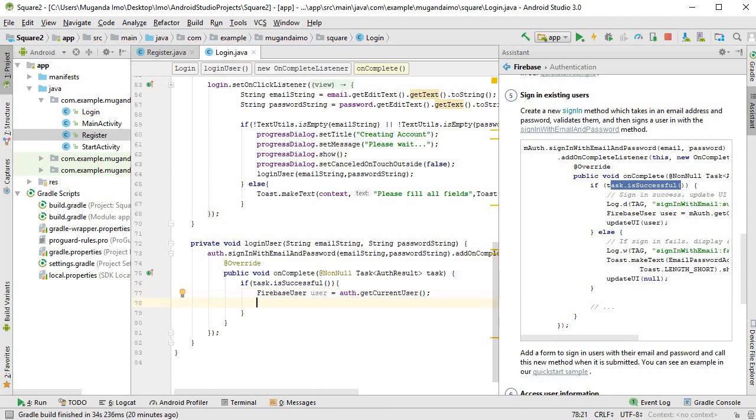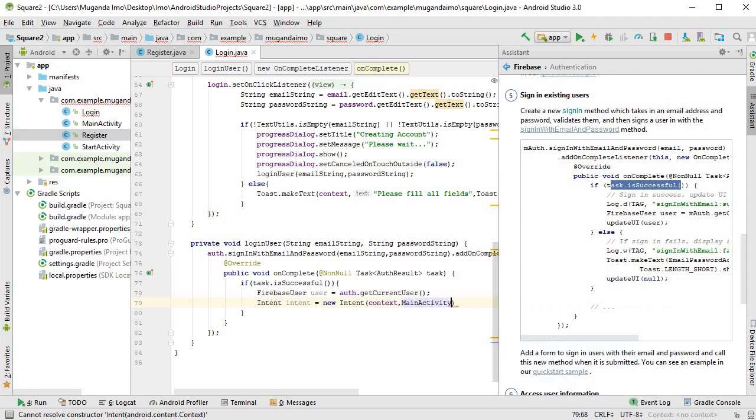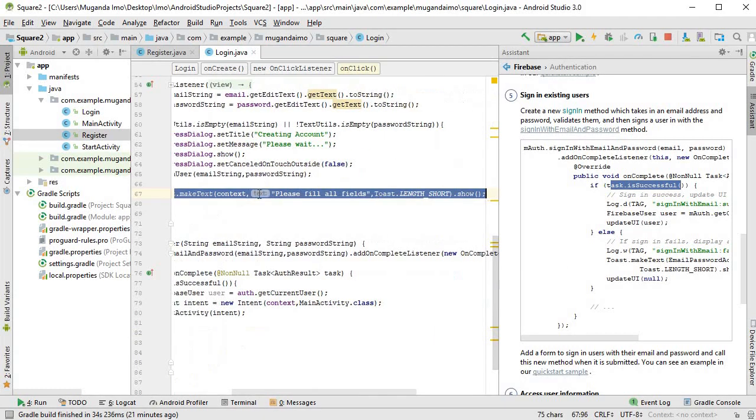and then we have to go to the start activity, the main activity, not the start activity. So we can create an intent, and this takes the context and MainActivity.class, and then we can use that intent to take us to the main activity. Alright, and in case something goes wrong, we will just use a toast, and for that I can copy that toast